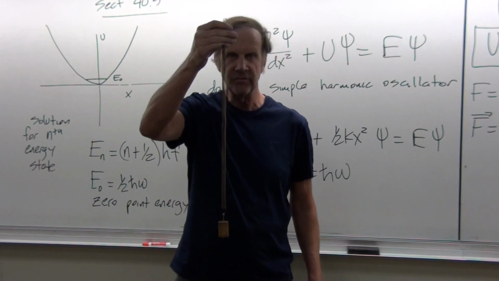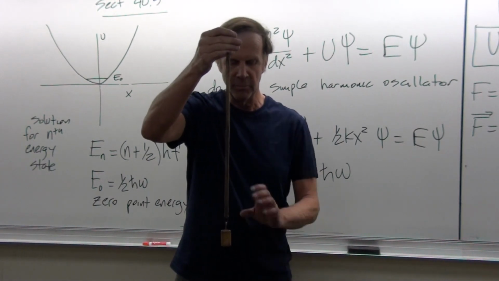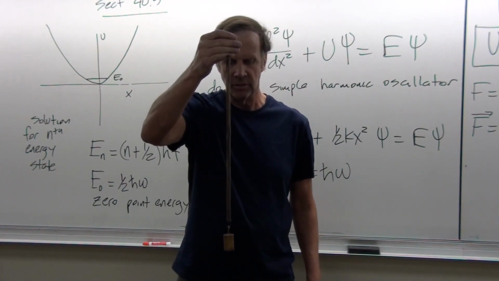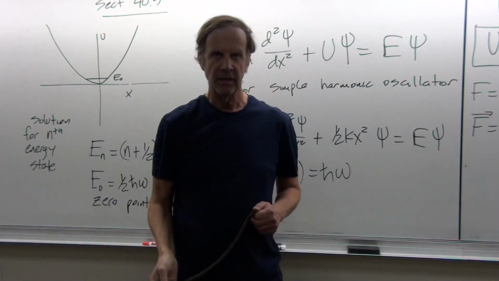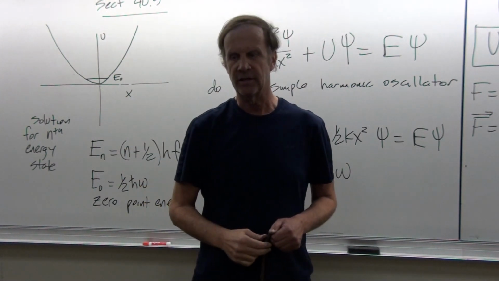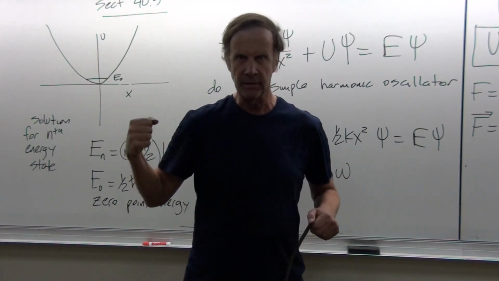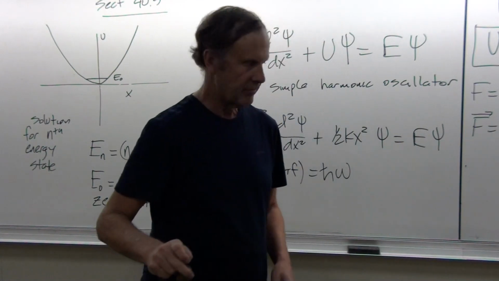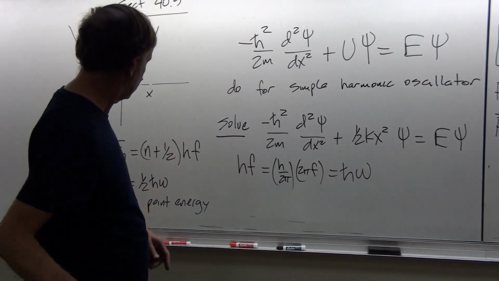So this exists even at absolute zero, when there's no molecular motion to allow for any object to move at all. Classically, quantum mechanically, there's still a zero-point energy that is associated with virtual particles randomly colliding with this mass